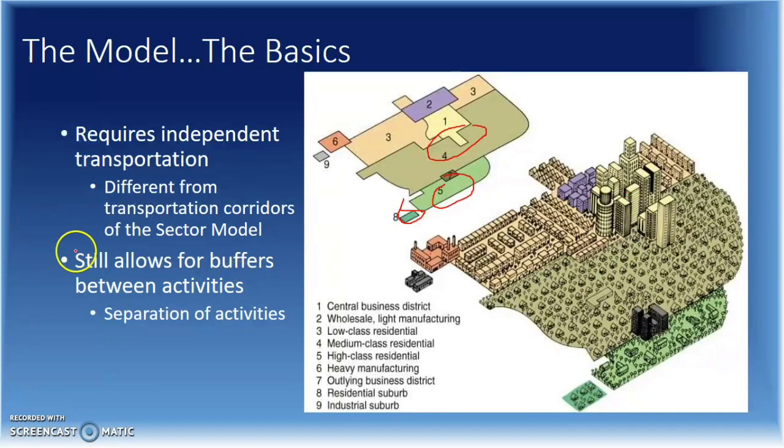the city. And very similar to both the concentric zone model as well as the sector model, it allows for buffers. And the buffers are the things that I was mentioning earlier. The medium class residential has a buffer from the manufacturing. The central business district has a buffer from the heavy manufacturing. The high class has a buffer from the low class as well as all the manufacturing. So there's still that segregation of spaces that the people of the various economic levels are able to attain through the improvement in transportation. And so that's why we get those separations of activity spaces seen in the multiple nuclei